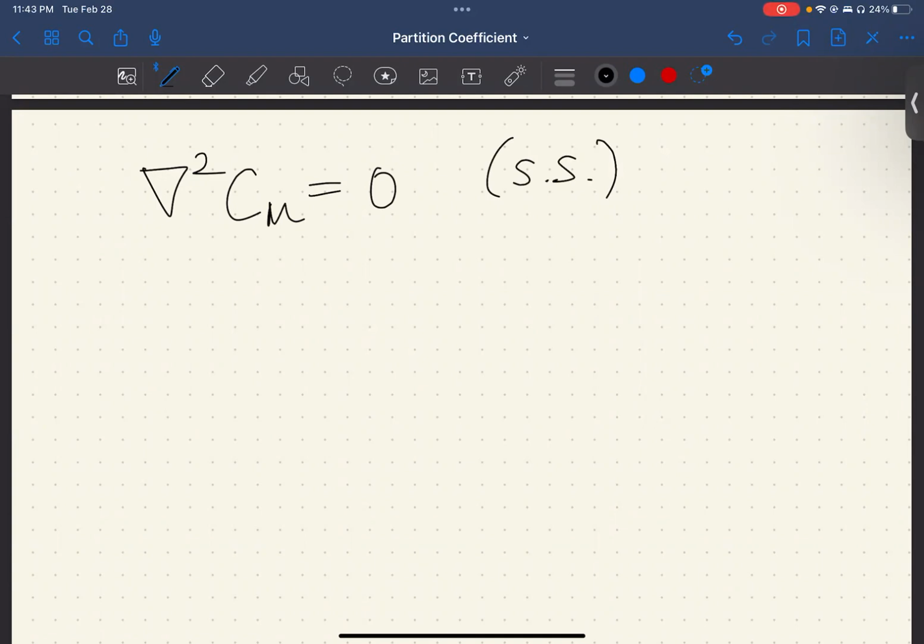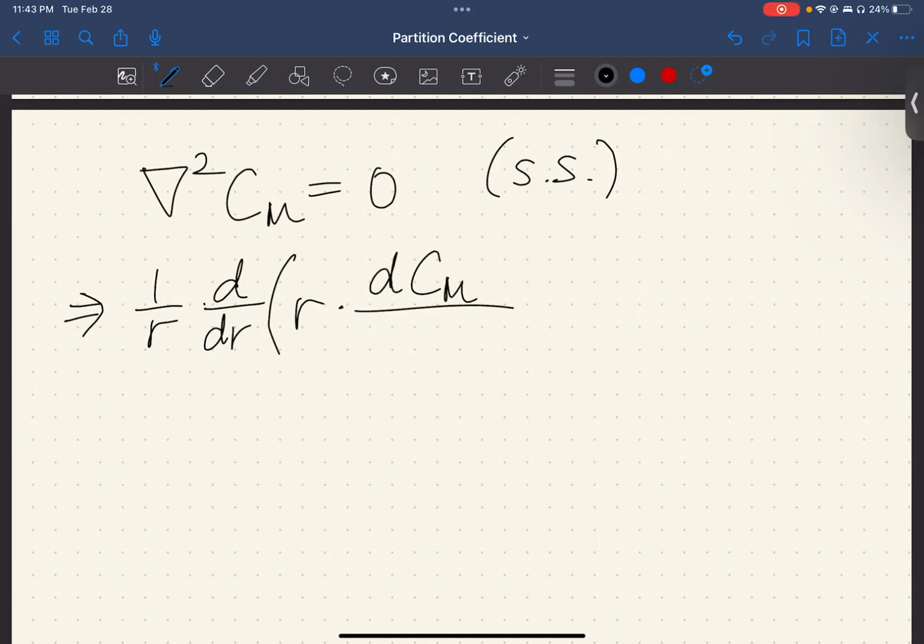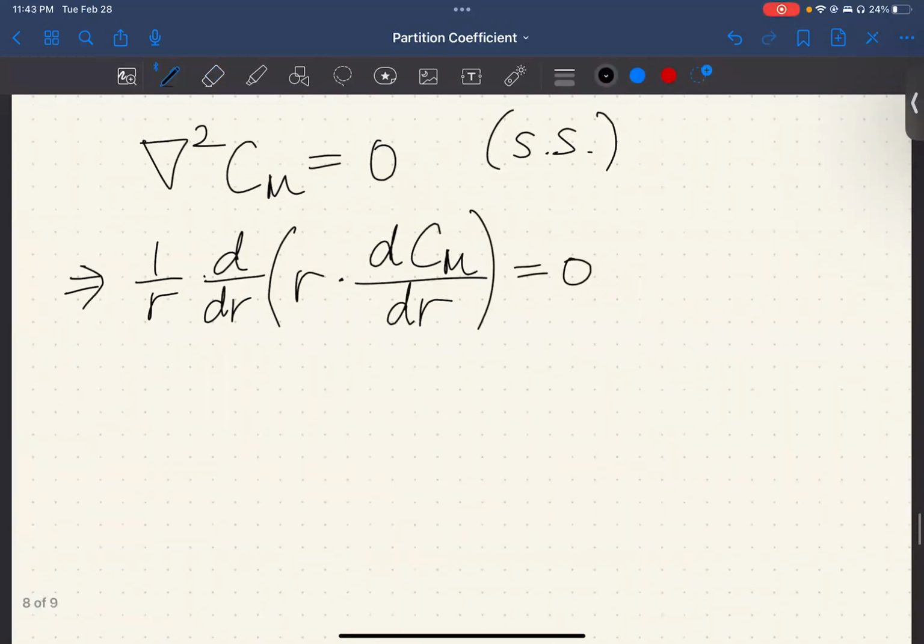And that means when we do cylindrical, so rectangular is another way, but when we do cylindrical, we know it's going to be 1 over r times the derivative with respect to r of r times the derivative of concentration with respect to r, is equal to 0. Of course, when we move the 1 over r, it just cancels out. We know that. Now, if we take the integral of both sides,